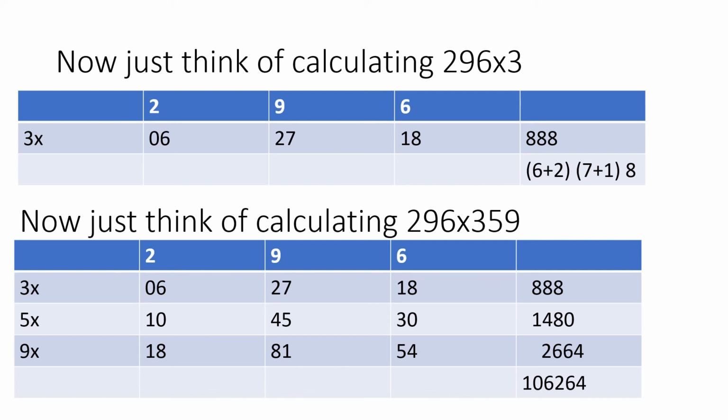So when you add this, it gives you 1,62,064. Then you can use a calculator to calculate 296 into 359. It will give the exact figure. So again and again I am telling, this is very easy if you practice. So just practice if you are not able to follow the regular method.